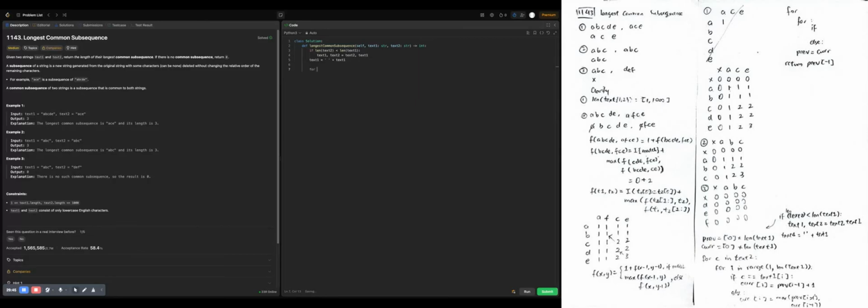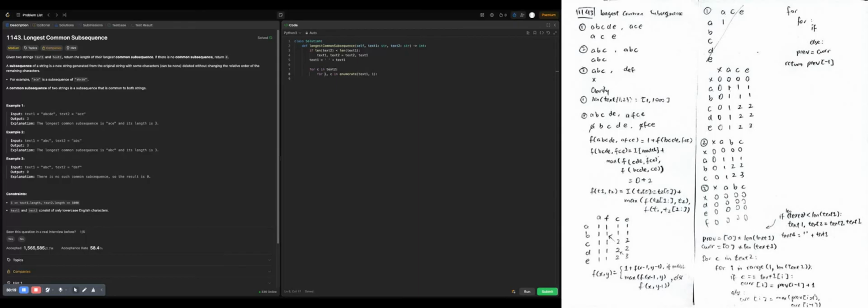Now it's time to loop through all the characters in text2, for I in range, use enumerate on text1 starting from 1,